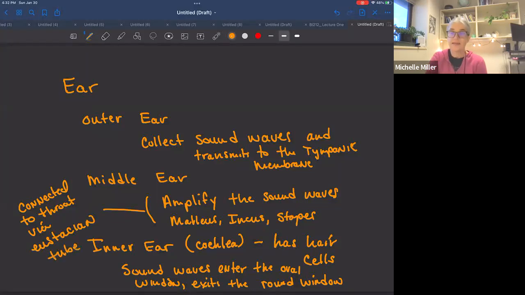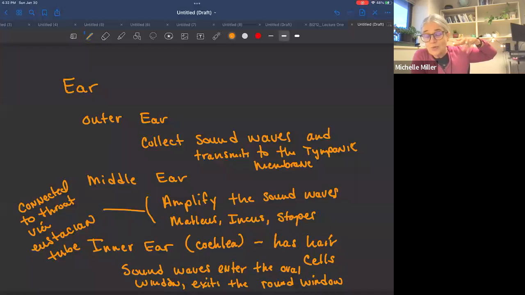And the reason for this is that we need to equilibrate the pressure in our middle ear. When your ears pop, that is the air in your middle ear becoming equilibrated. So if I travel up to the top of a mountain, the air in my middle ear is going to expand and it's going to put pressure on my eardrum. So I need to get rid of that extra air by having it come out my eustachian tube and into